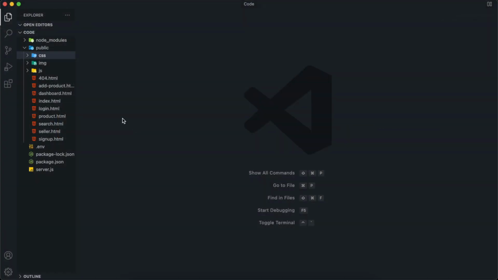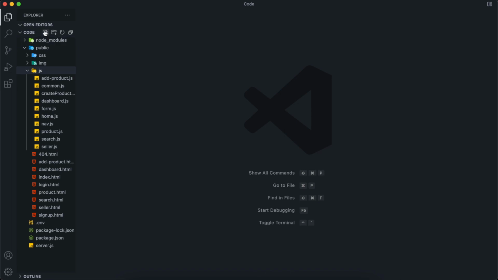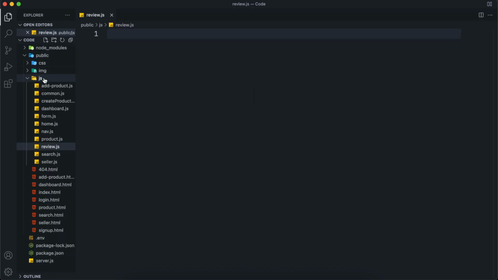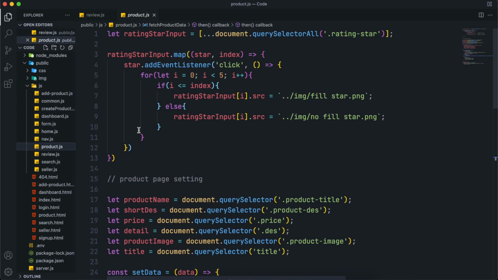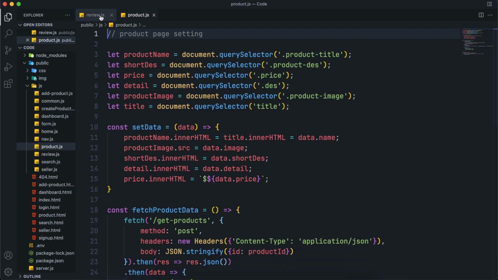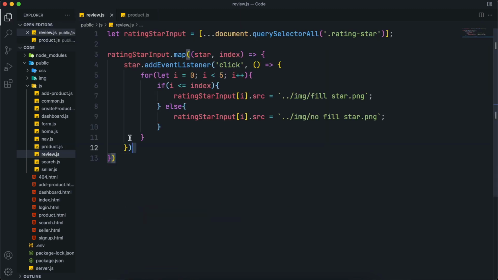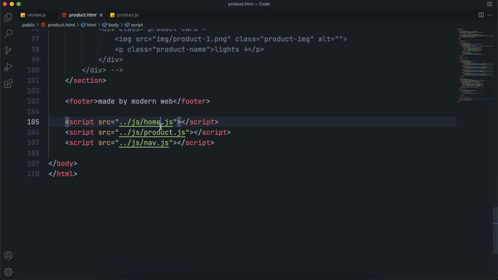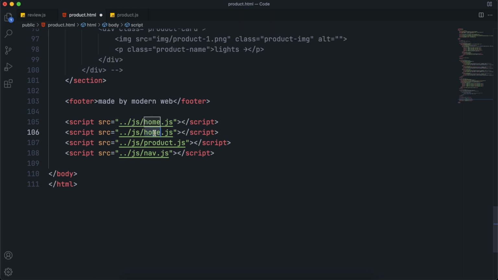So first thing, create a review.js file inside the JavaScript folder. This file will contain all the code regarding ratings. So open the product.js file, cut this rating input function and paste it here, so that all the code regarding our review system will be in one place, and import it inside the product.html file.